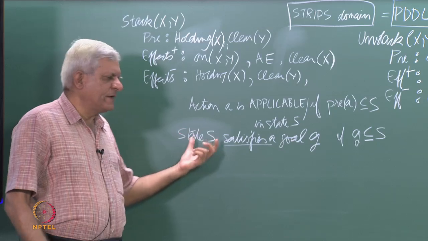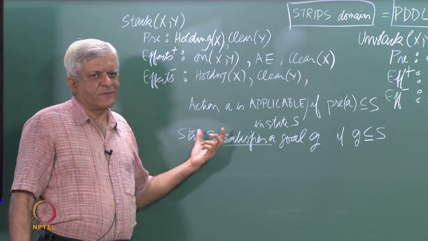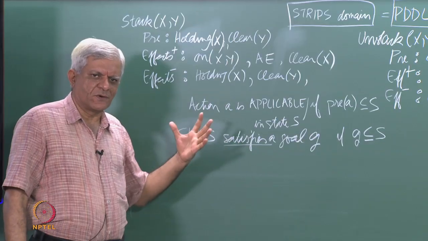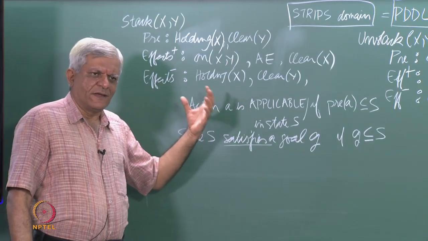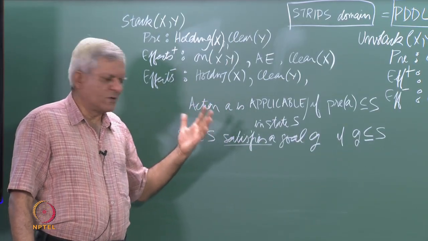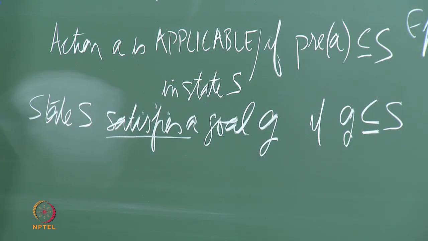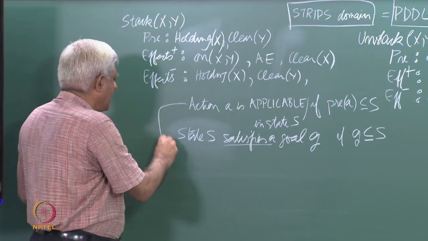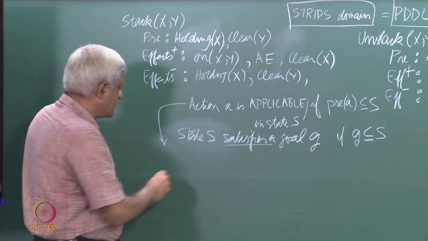So, you can see that this can be used to define the goal test function, that is, have we reached the goal or not. We are working with simple goals here, and we want to see whether we have reached a state which is a goal or not, and this can be used to test for that essentially. When an action A is applicable, we can define a function called progress